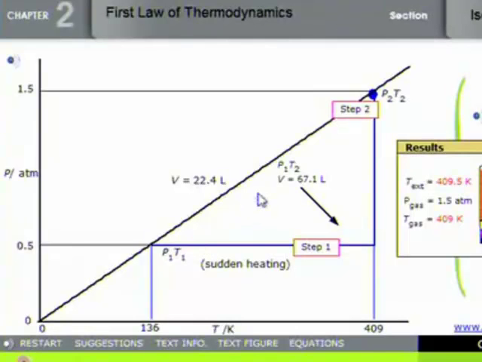So in this particular case, we just say the volume change, delta V, is 0. It's maintained at 22.4, and therefore